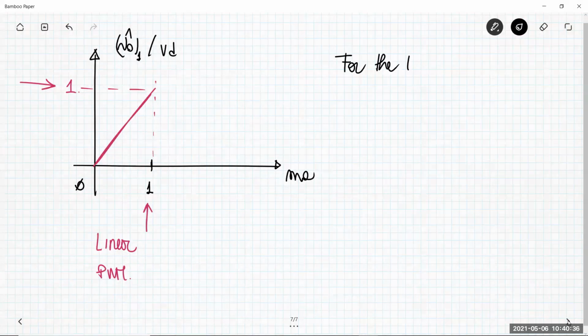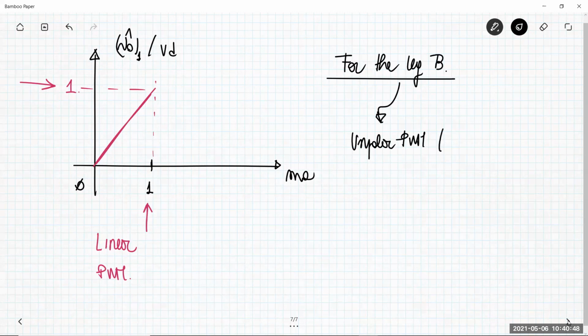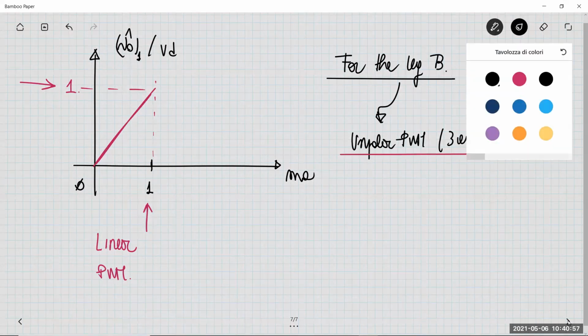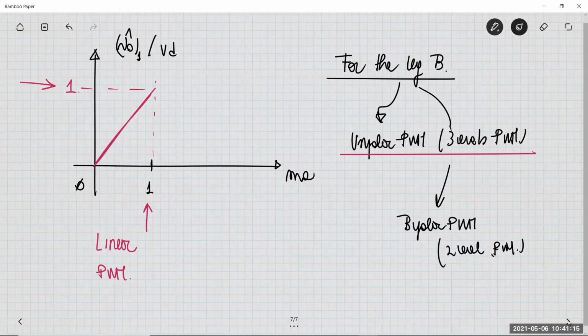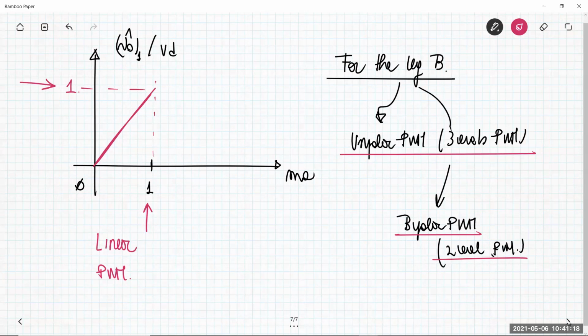So for the leg B, we have the unipolar pulse width modulator, or 3 levels PWM, or you can have the bipolar, two-level PWM. Which is the difference between the two? Well,